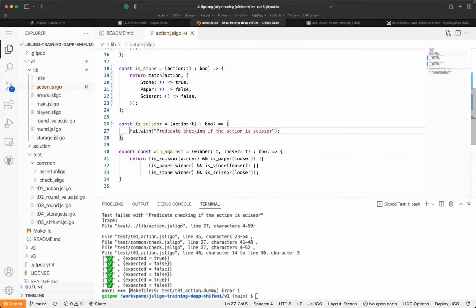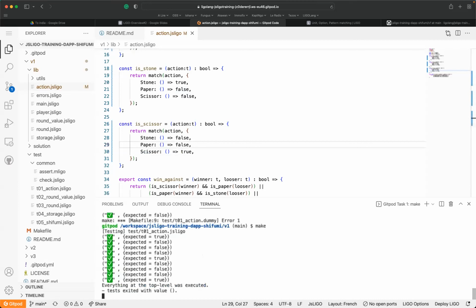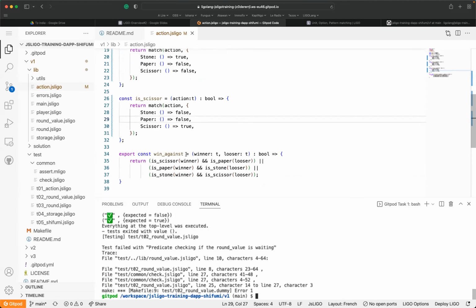And we have here a first set of predicates which can be designed and let you decide when an action is a scissor, stone or paper, and you are capable to see who is able to win the game once you call this function with two actions.